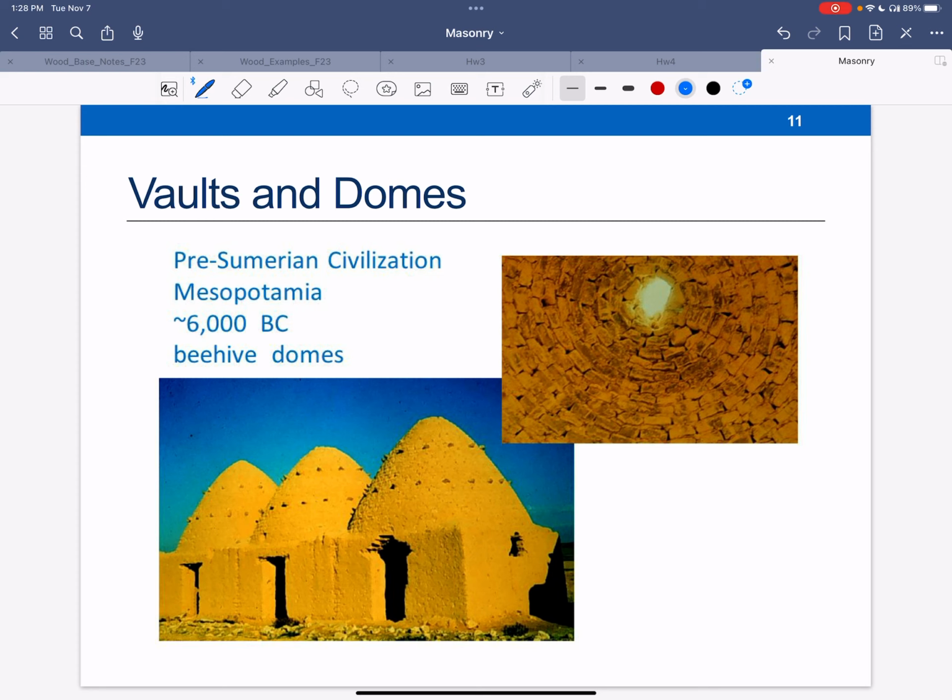Pre-Sumerian civilization, Mesopotamia, as ancient as 6000 BC, had more of these beehive-shaped domes. It's a fairly complex shell structure that is complex to analyze, but by using the natural behavior of knowing that I can put this into complete compression, I'm able to do this dome structure well before